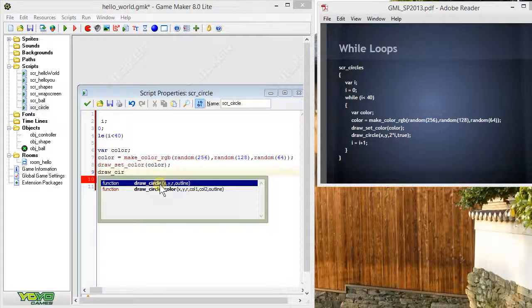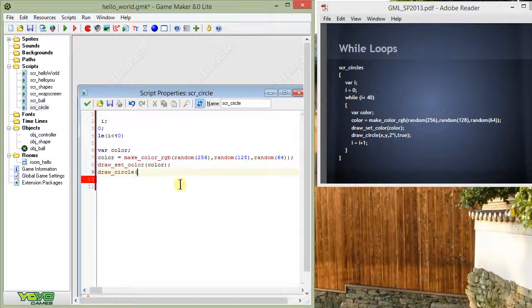We're going to give the x and y coordinates for that circle. We're going to give the radius of that circle, and we're going to say whether or not we want to have an outline drawn around the circle. In our case, we're just going to say x and y, and then for the radius, we're going to say the current value of our i variable, which, remember, the idea is that we're going to set it up so that it keeps increasing one at a time, and we'll do that in just a minute. And we will put a